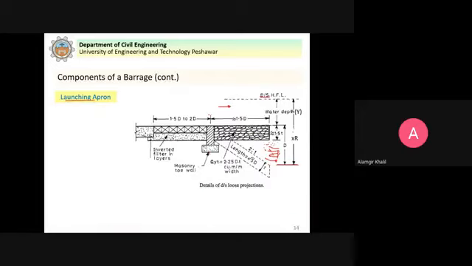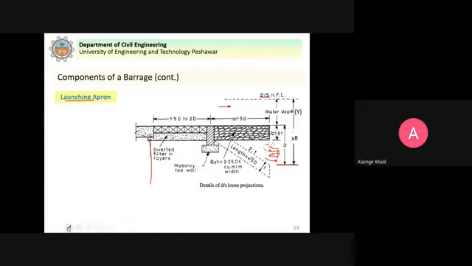Let's say we have this sheet pile here, just as an example. So this scouring will continue, and it is posing a threat to the protection works. That's why these protection works are provided, and ultimately it will come to these sheet piles and pose a threat.